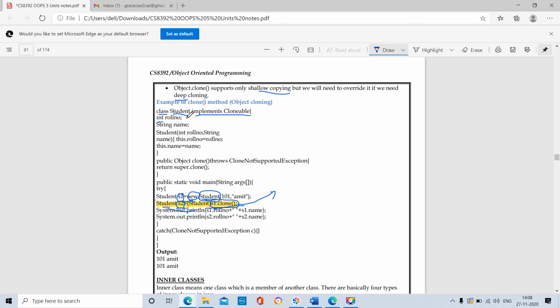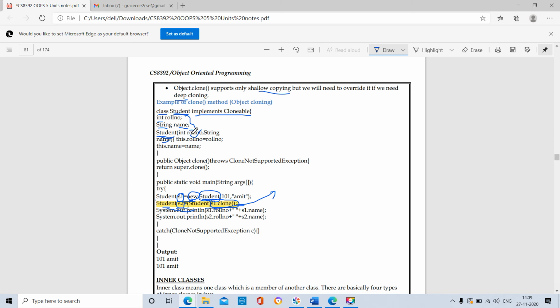Here we are declaring the variables. This is the variable declaration part. With the integer data type, we are declaring the roll number variable. With the data type String, we are declaring the variable name, so that the roll number and name values can be changed while running our application program. Next, Student is the constructor, because the class name is also Student. This constructor has two parameters: one is roll number, another is name.